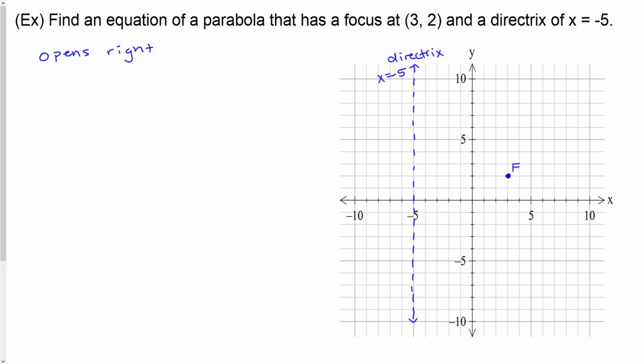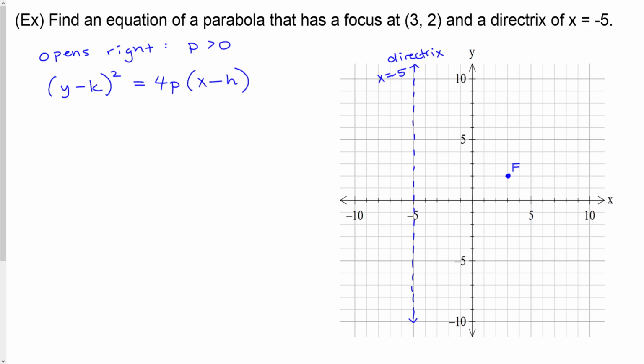which means 2 things. First off, the value of p is going to be greater than 0 whenever I find it. And secondly, the form of the equation that I'm going to use will have the x variable as my non-squared variable because it's a horizontal, and that x is the horizontal variable. So that gives me a lot of places to begin here. I don't know what p is, and I don't know what h and k are,